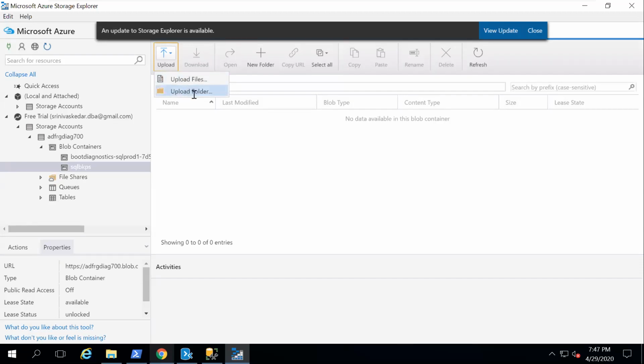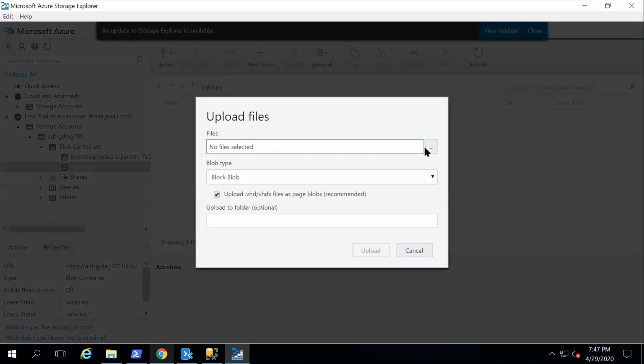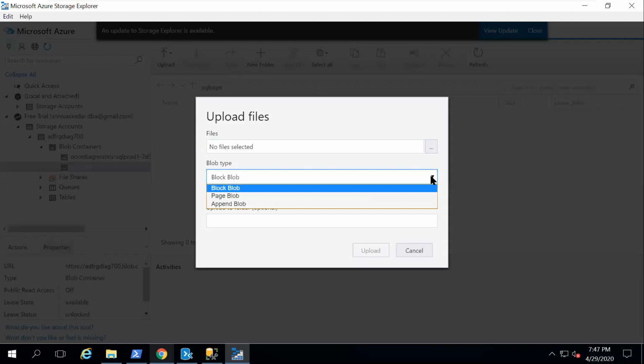You want to upload a file, or you want to upload only a file? I want to upload my file. Where is it located? Where are we going to store it? Okay, so there are block blob, page blob, and append blob. Block blob is what accepts it here. Compared to block blob, page blob is very cheap.